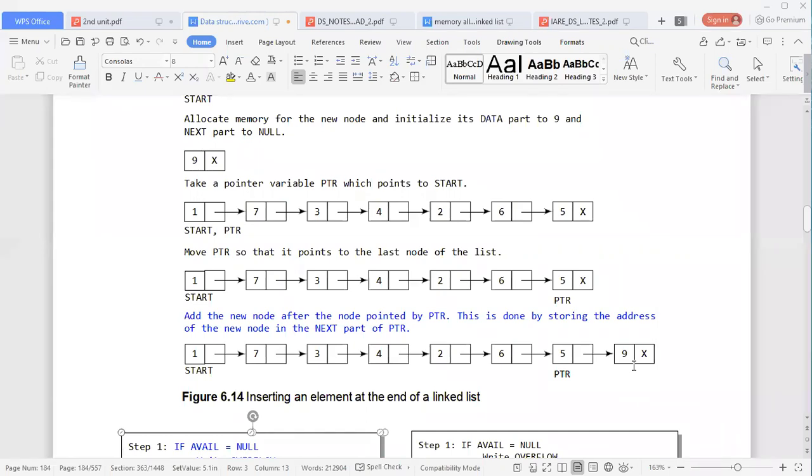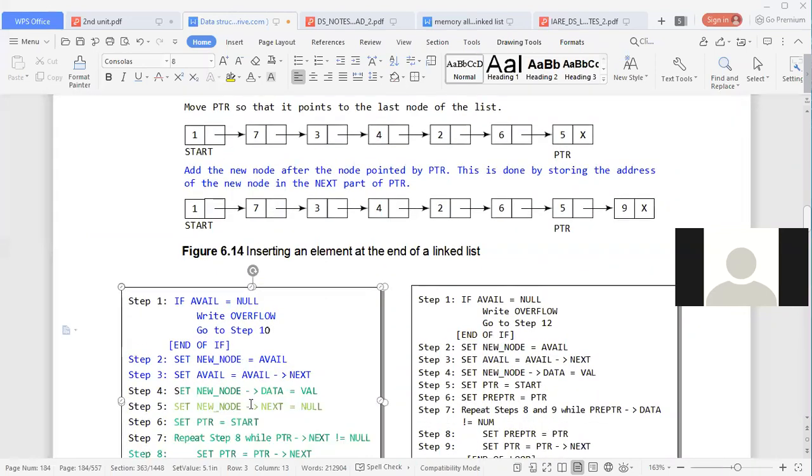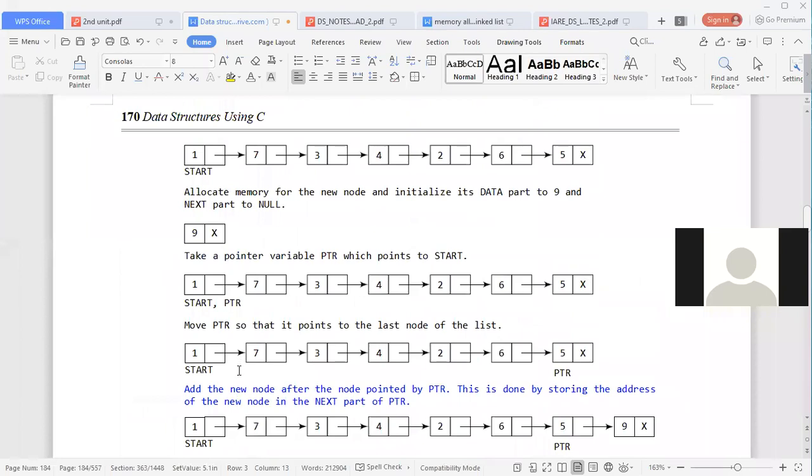B3, have you completed the diagram? Somebody is creating disturbance. B3, are you available? Yes, sir. Have you understood the diagram? Understood, sir. Have you understood the algorithm? Okay. Have you copied? Yes, sir. Copying, sir. Okay, sir.